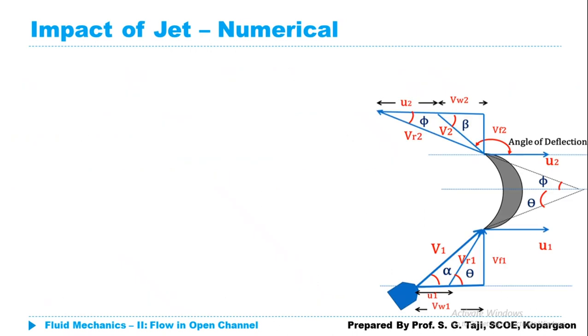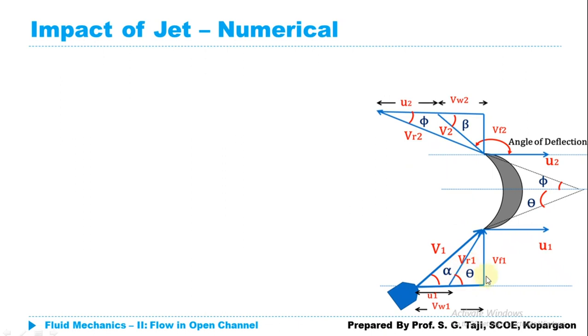Now we are going to draw the velocity triangles at the inlet and at the outlet. We know that the inlet triangle will remain the same. Whatever the angle of deflection is given at the outlet will be measured with respect to this U2, and here it is given as 120 degree, and our beta comes out as 60 degree, so it is less than 90 degree. So this would be our outlet velocity triangle. Now we can simply compute the inlet tip angle and outlet tip angle by using the inlet triangle and outlet triangle.